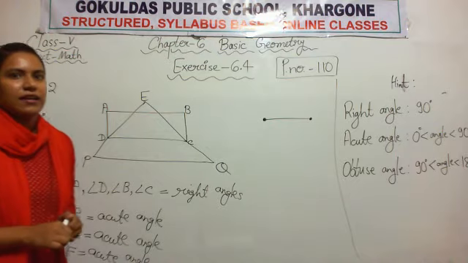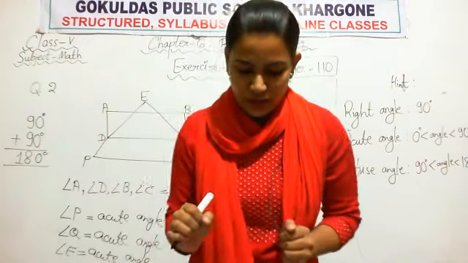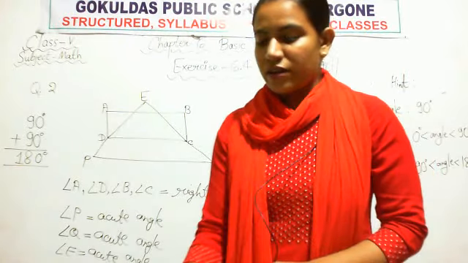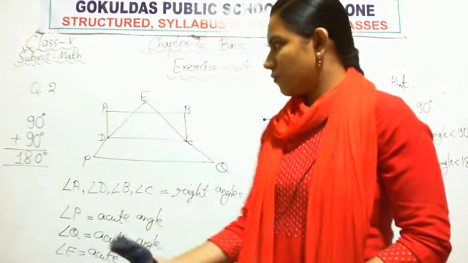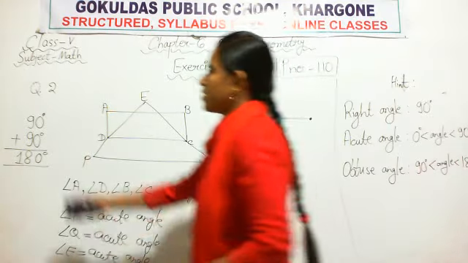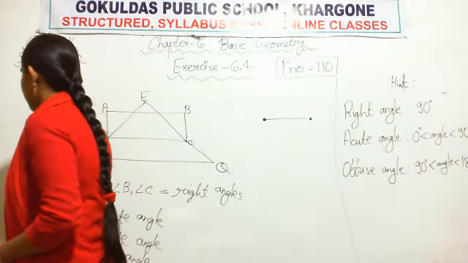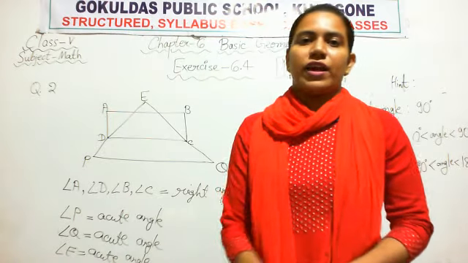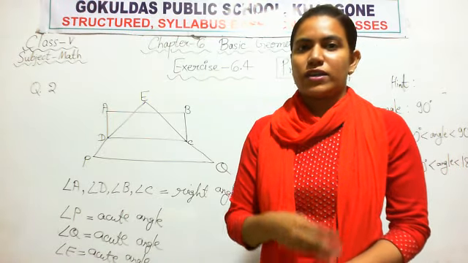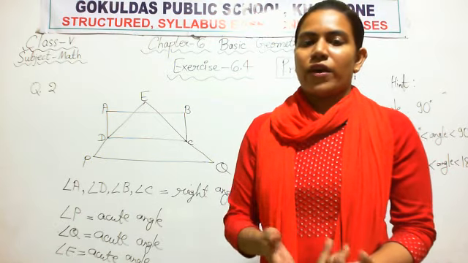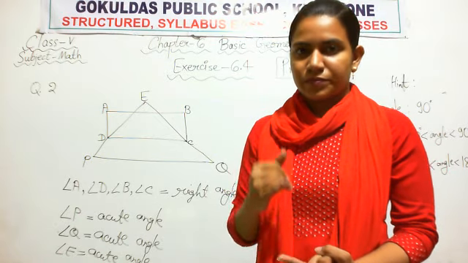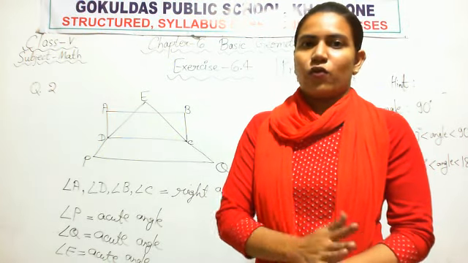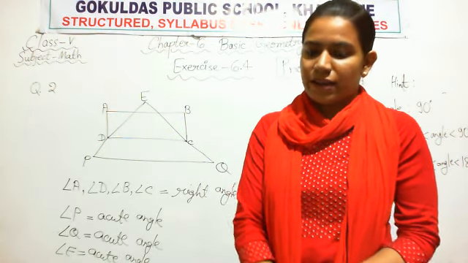Sum of two right angles is 180 degrees, or the sum of two right angles forms a straight line or straight angle or 180 degrees. Okay, so our chapter is over here. We have discussed some basic points of geometry. We have discussed how to draw an angle, what is an angle, what are the point, line segment, how to draw angles by using a protractor, what are perpendicular lines, what are parallel lines.